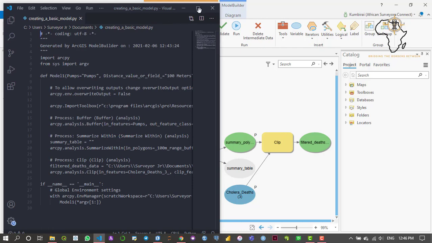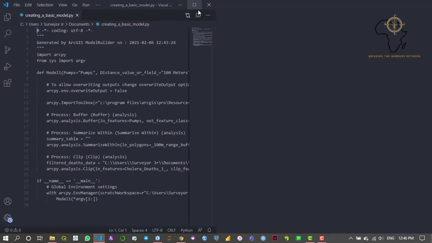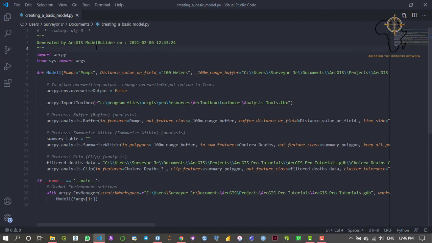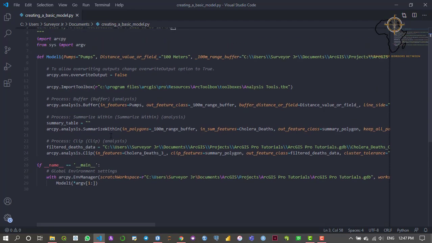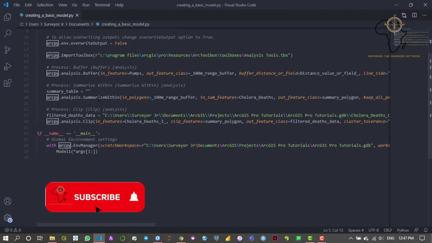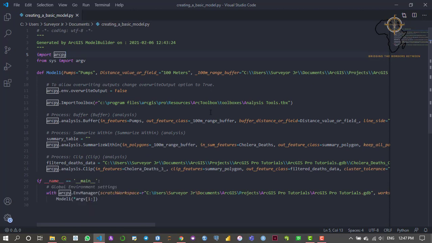Okay, let's just expand this window and just wait a bit. Okay, as you have seen, I'm sure all those who are familiar with Python know how to interpret this type of code. As you can see, it comes with comments. I'm not going to go much into this, but I'm sure everyone who likes coding, who creates applications, can actually embed this code into their applications to improve functionality and allow users to execute certain queries and functions without having to get